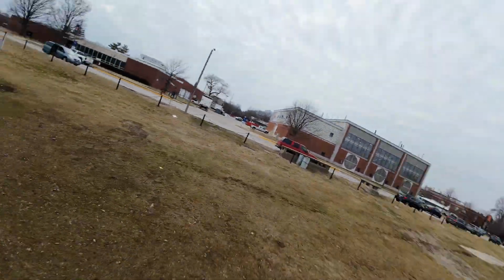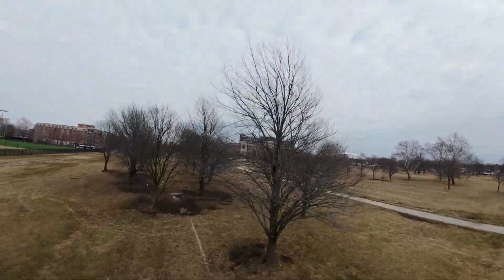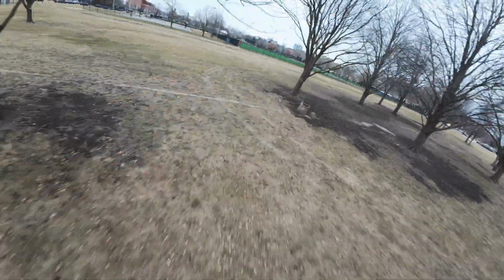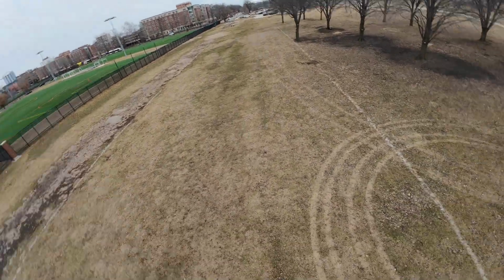It's probably not quite as smooth, but you have all the power you need. You have a lot of yaw authority too, for how much thrust you're making, which is pretty interesting. And it has some fling. I mean, obviously it's not the same as a 5-inch, but you can really throw this